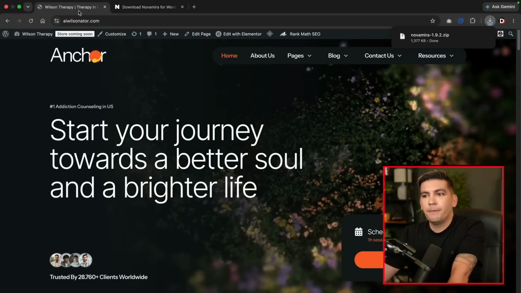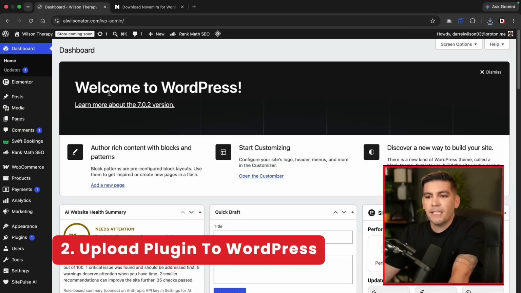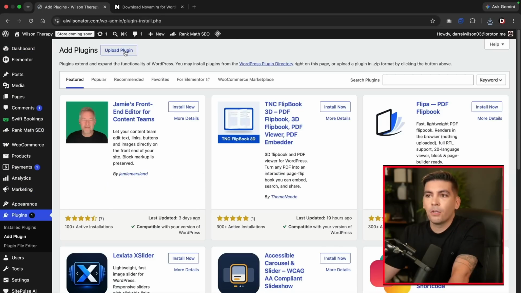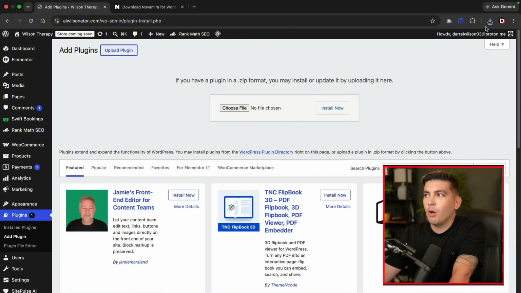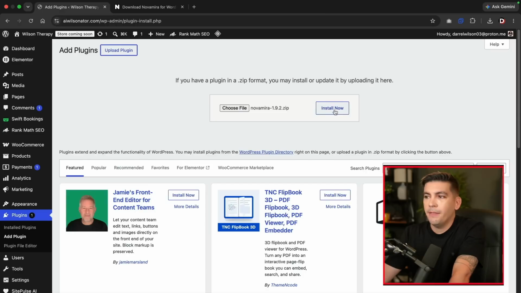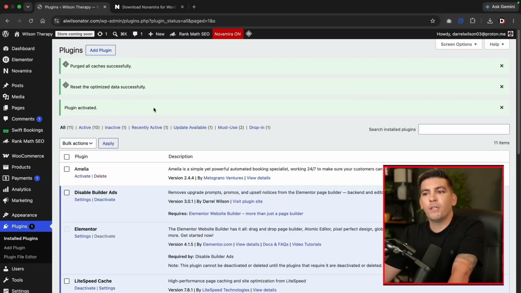But going back to our website, we're now going to upload that plugin. So let's go over here to dashboard. Next thing we'll do is go over here to plugins and click on add plugin. Here at the top, I'll click on upload plugin, and then I will upload this plugin right here, Novamira. I'll just drag and drop it, and then I'll click on install now. All right, then I'll click on activate. All right, so once you install Novamira,